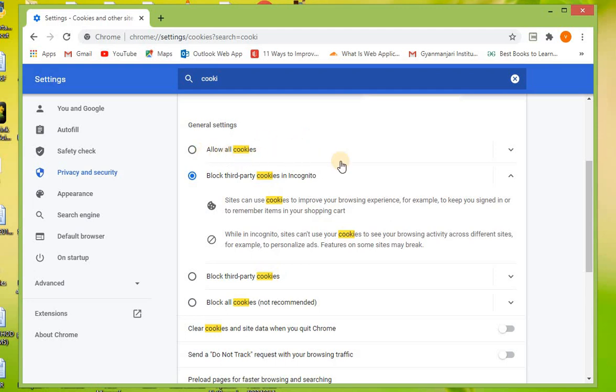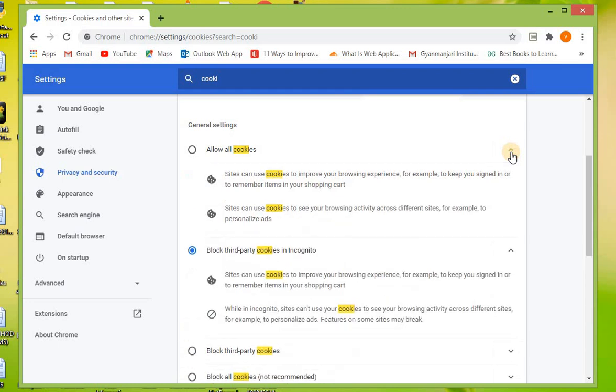For example, allow all the cookies. And over here some points are mentioned about why you should allow cookies. Sites can use cookies to improve your browsing experience, for example to keep you signed in or to remember items in your shopping cart.